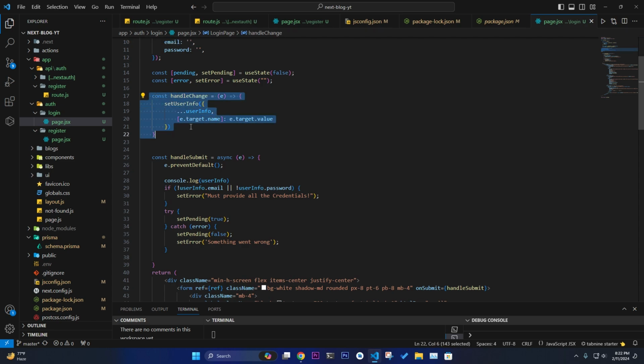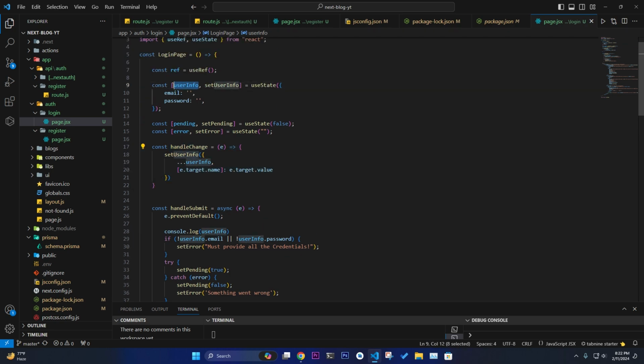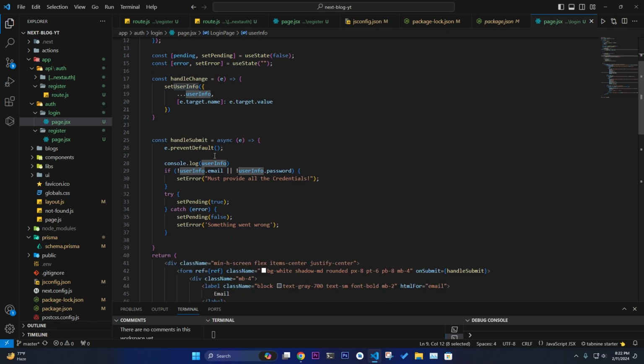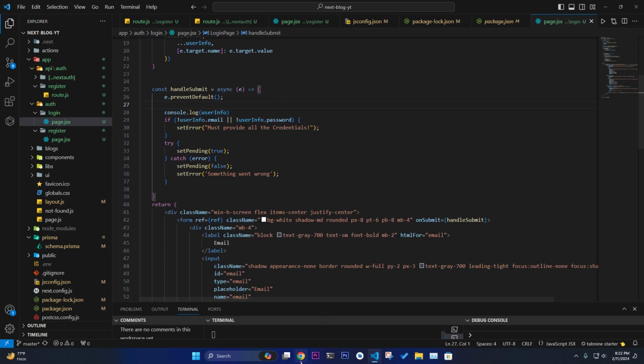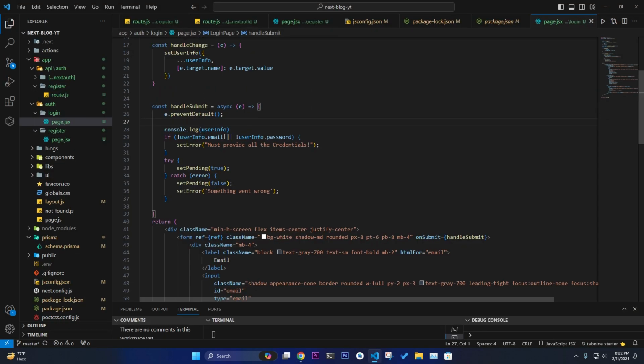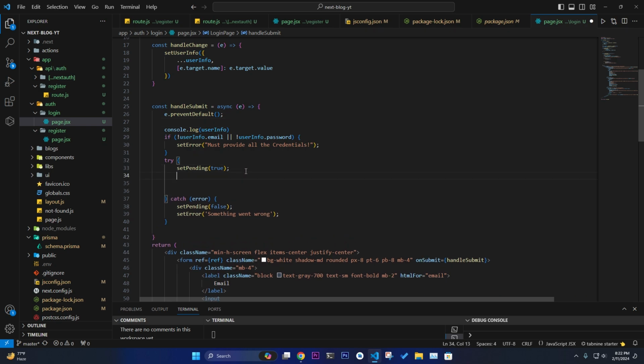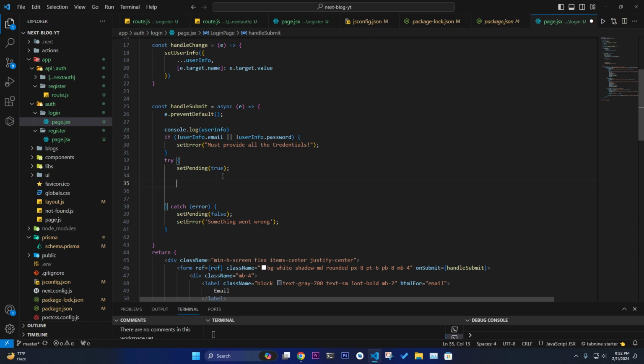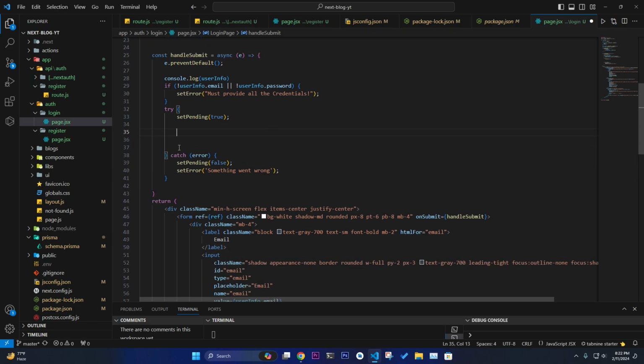And this is the way you get the data, e.target.name and e.target.value from the form. You get all this information and set the value inside the user info. And when you click on this sign in or login button, it will do all the functionality. First, it's gonna check that you must provide all the credentials. If you don't provide anything, then in the try-catch block, I set pending to true, and all of the beautiful stuff. And before that, we need to check one more thing,